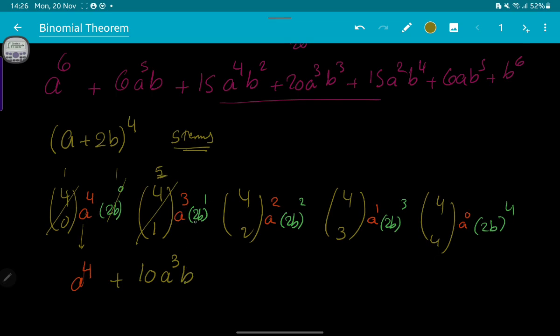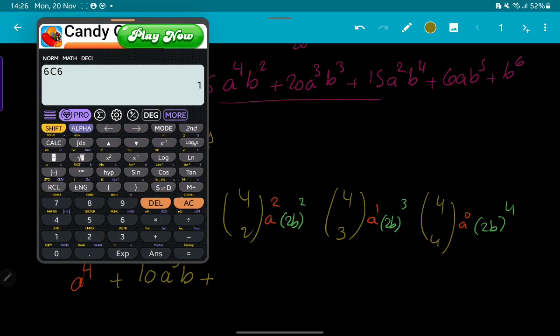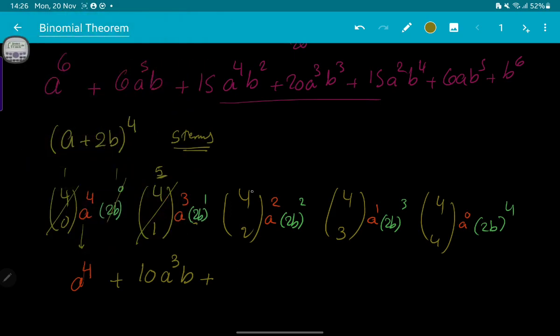This is 5 multiplied by 2 is 10, plus 4C2, 4C2 is 6, so this will be 6, and 2 power 2 is 4. We multiply the 6 and 4, so this will be 24a power 2 b power 2, plus 4C3